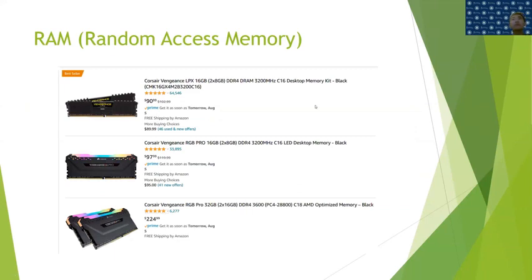Next up, we're going to talk about the ways computers store information through two different kinds of memory. The first one we'll talk about is RAM, or random access memory. The purpose of RAM is for the computer to provide a space where applications can store information they need to access really quickly